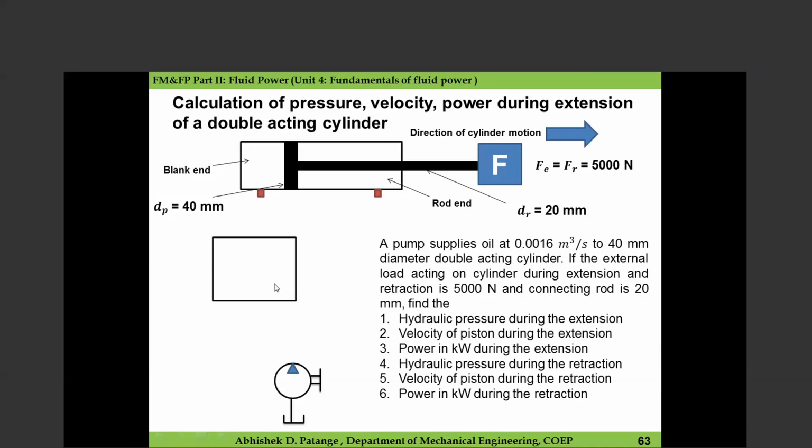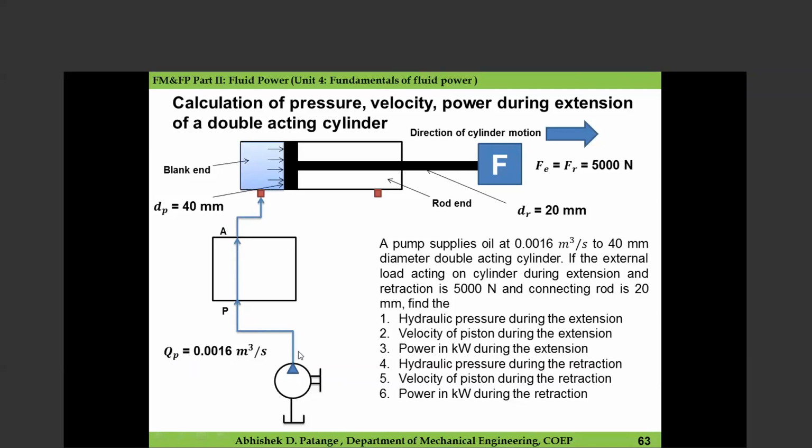So we have one block or one envelope or switching position of direction control valve where there are four ports. First port is port P and another port is port A. So here port P is connected to outlet of pump. So liquid which is coming from pump will be delivered to P with this discharge which is 0.016 cubic meters per second. So this is the first port P. Then as I have already said, this QP is nothing but discharge provided by this pump which is 0.016 cubic meters per second. Then we have second port A which is connected to blank end port.